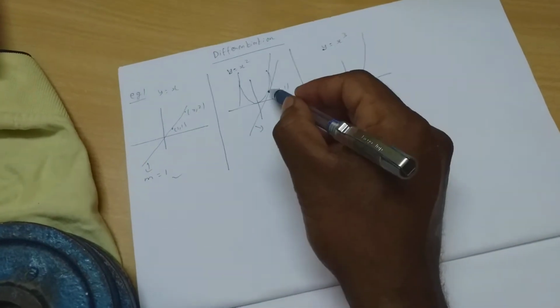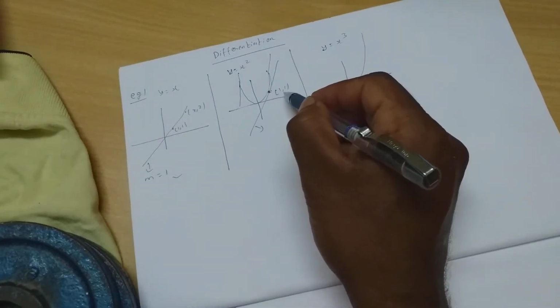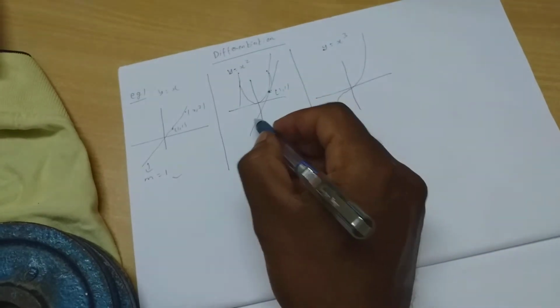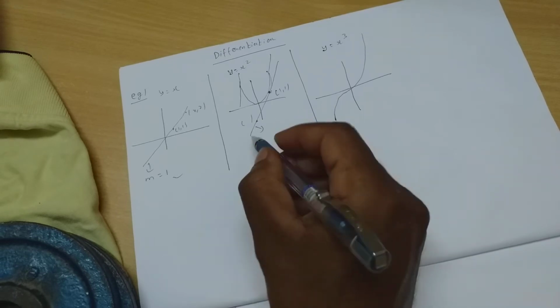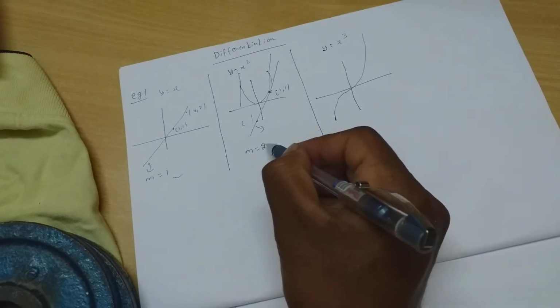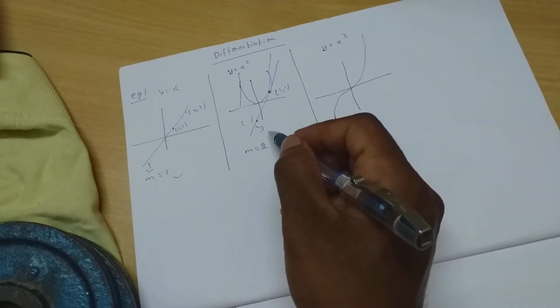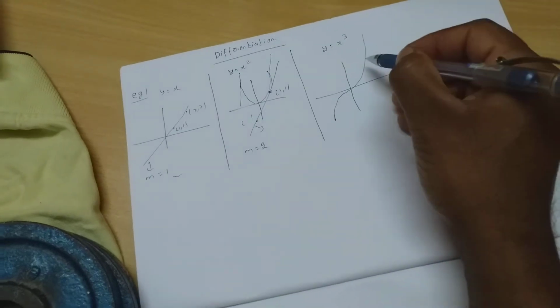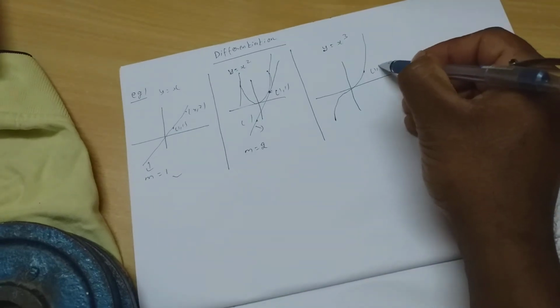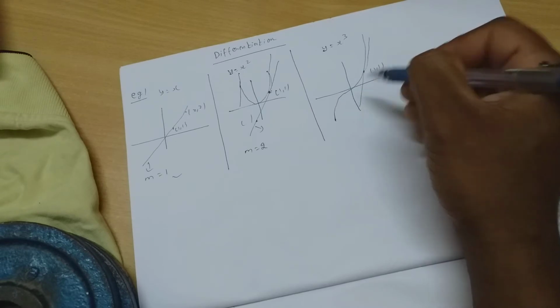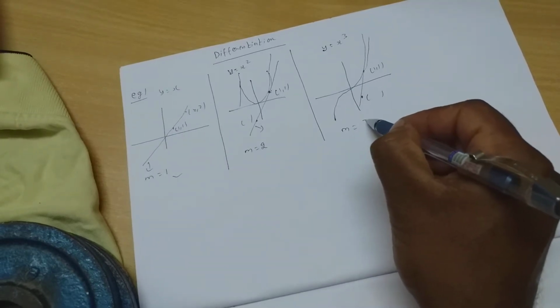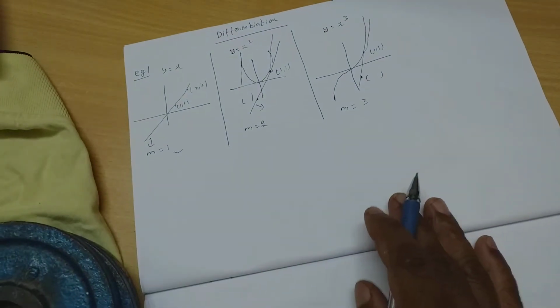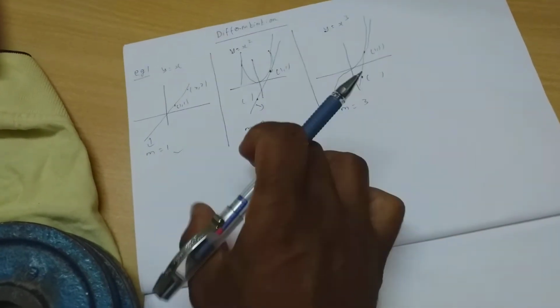In this example, let us say you are drawing a tangent at 1 comma 1. And they have taken another point on this tangent line and they found the slope to be 2. Graphically they have found out. Clear? Same way here. For this curve again at 1 comma 1 I am drawing a tangent and graphically they have taken another point and they found the slope to be 3. By drawing the curves they have found the slope.